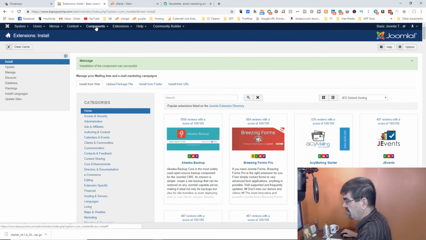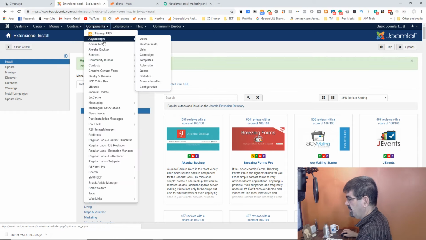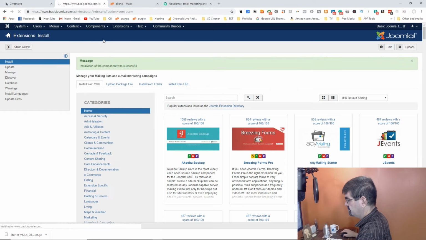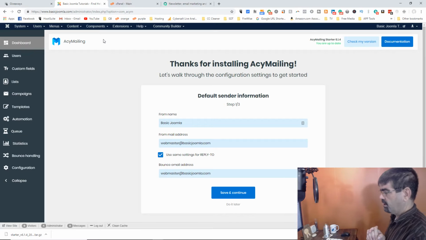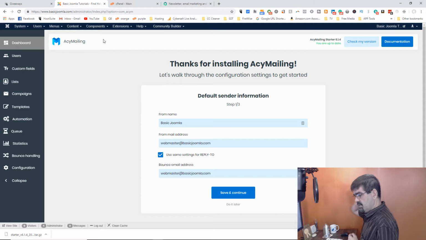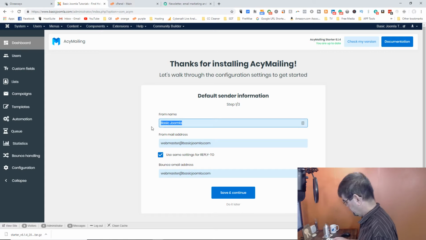All right, so that is installed. Just go to Components, ACYmailing 6. And now we get to really work our way through some nice steps here. I've done this before as I'm learning this, and so this is really handy to guide you. So default sender information from Tim